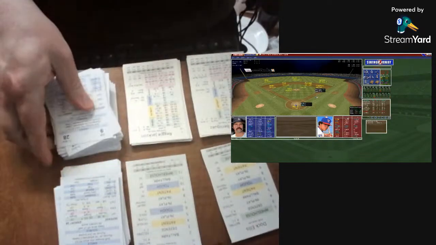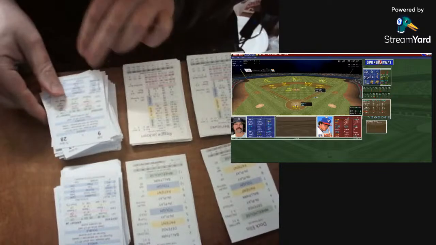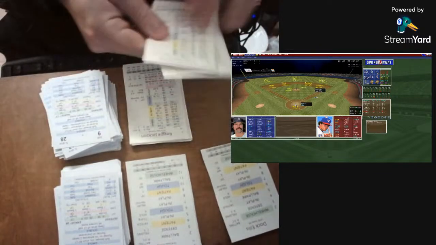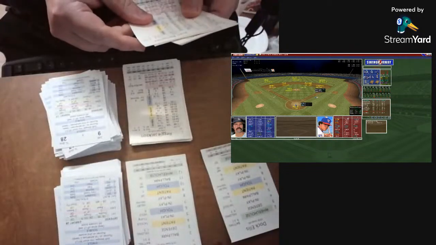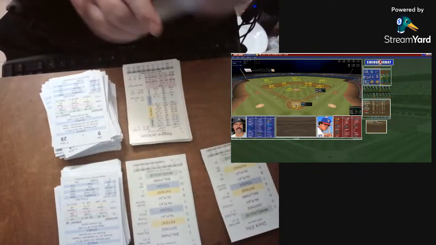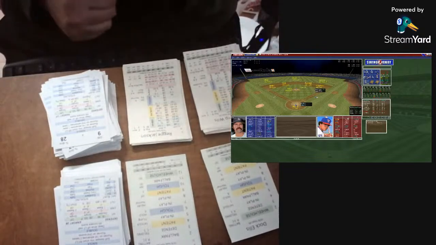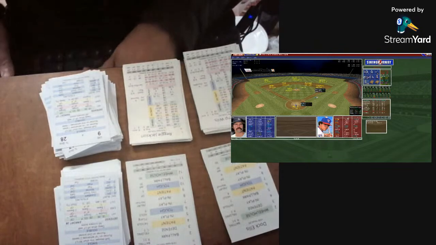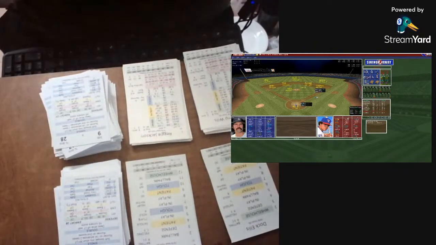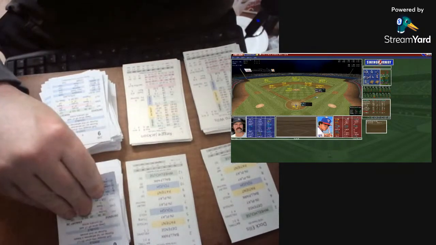So runner on first and nobody out. Let's see what Mr. Benitez can do. Is he speedy? He is a 4D, so he's not going to go anywhere as a D. So here's Bump Wills. Again, he could be a candidate for a bunt. He is a bunting A also. Do you take the bunt away? Wills has been hot. He's 3 for 8 with an RBI, so he'll swing away, I think, this time.